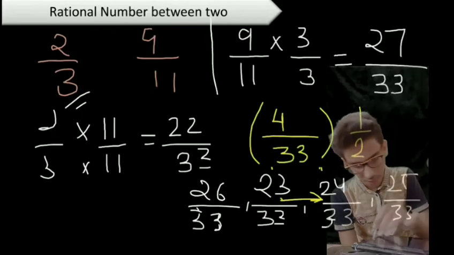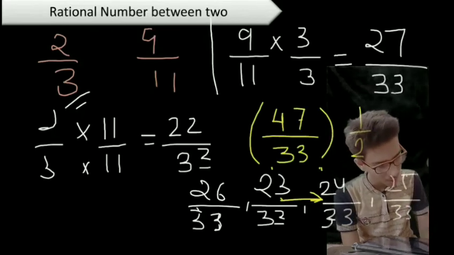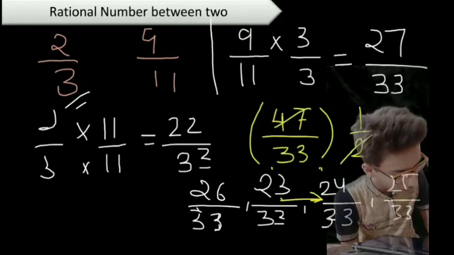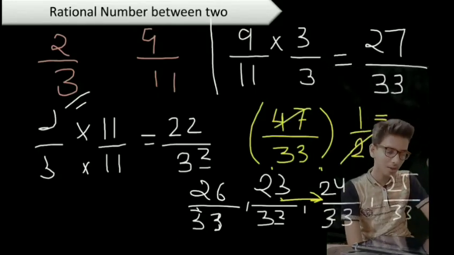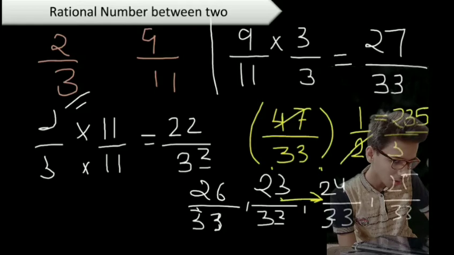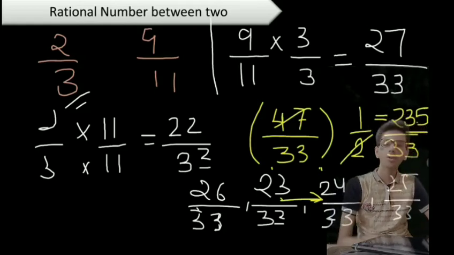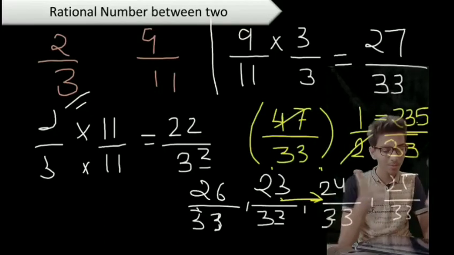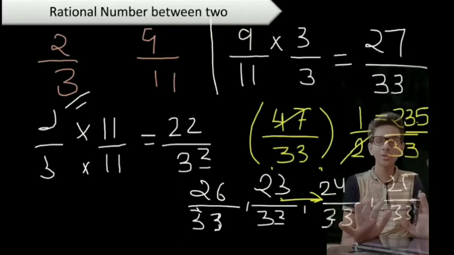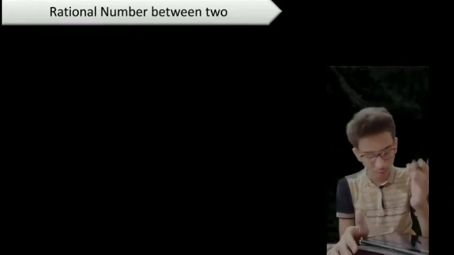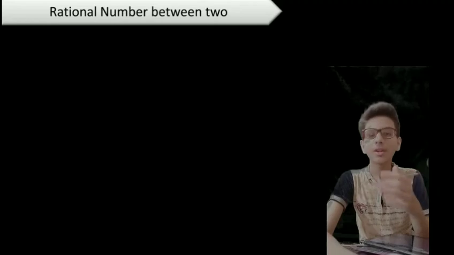First of all, sorry for that mistake. And now if you're going to divide these two numbers, you will get something like 23.5 upon 33, right? And you can find such many numbers between them using this mean property or equivalent property. You have understood the equivalent property. Let's see the mean one again. Okay, so if you have two numbers, what we are going to do, we are going to find the mean of those two numbers.